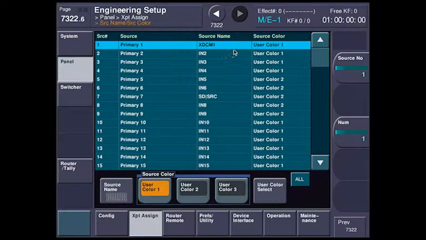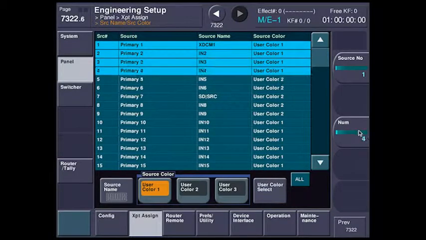I could go up there and select each one and name them separately, but I want to show you a little trick. Now I'm going to select the first one here, and I'm going to use my mouse. Now I'm using a third-party touchscreen, so I'm using a mouse with this. The Sony ICP6511 dedicated menu has knobs built into the system. So over here I'm going to use my scroll knob when I position over num, and I'm going to highlight